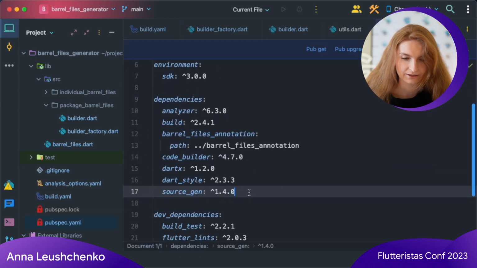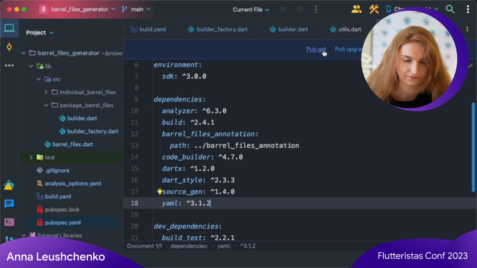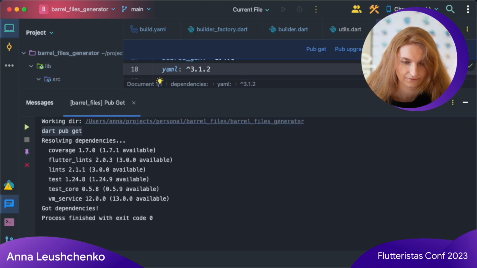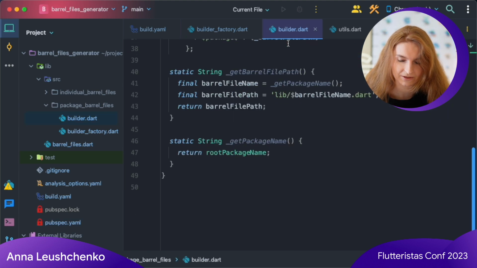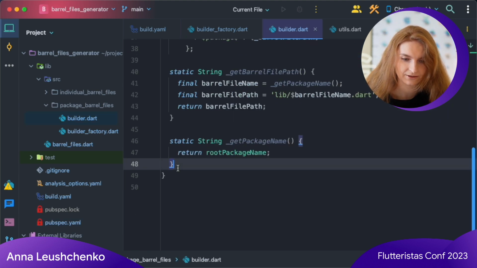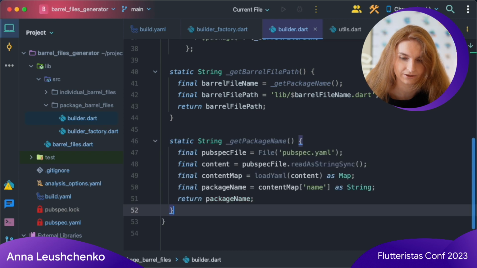So I add a YAML dependency and update the getPackageName method implementation to read the pubspec YAML file synchronously. Parse it to a map with the same load_yaml function and get the name property out of it.